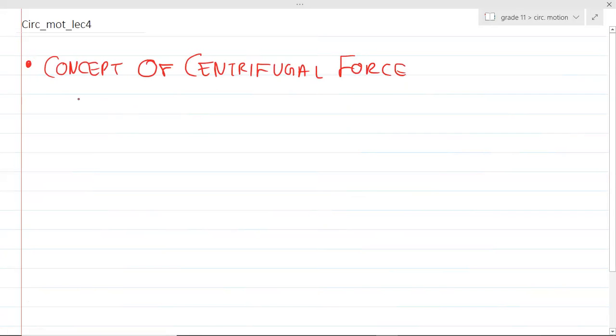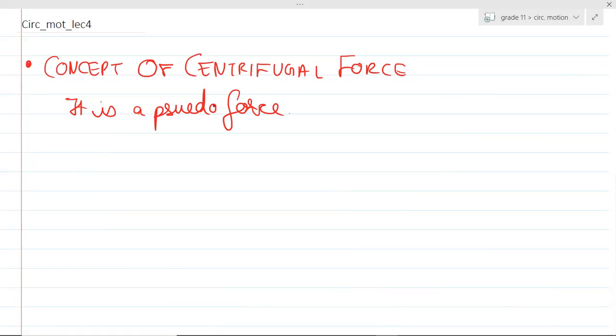What is the centrifugal force? It is a pseudo force. Do you remember the pseudo force which we discussed in the first NLM chapter when we started with forces and all, right? Now, basically, what is a centrifugal force? It is a pseudo force experienced